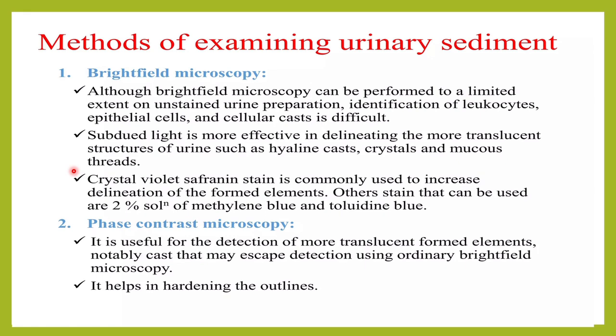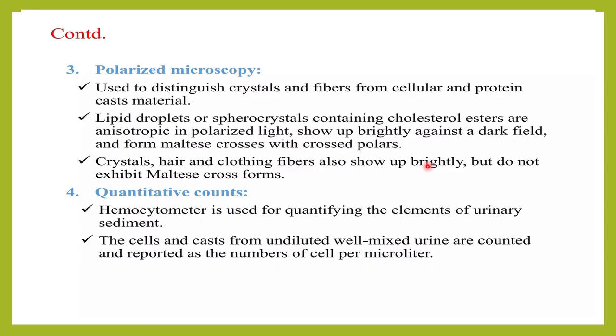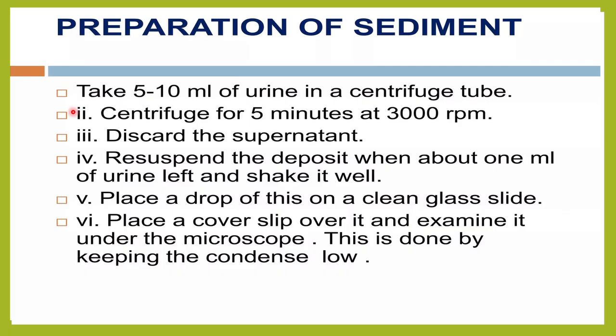And there are different ways of examining the urinary sediment. There are bright field microscopy, phase contrast microscopy, polarizing microscopy, etc. This becomes important because what you see under a bright field, like a hyaline cast here, becomes easier to see under phase contrast. So if there are facilities, and sometimes we do need this to identify certain casts or crystals, all this would be identified better if we use different kinds of microscopy along with light microscopy. But light microscopy is the crux for urine examination.